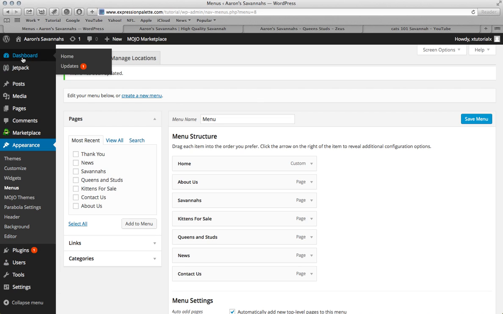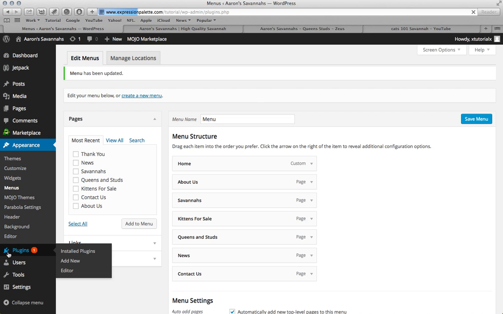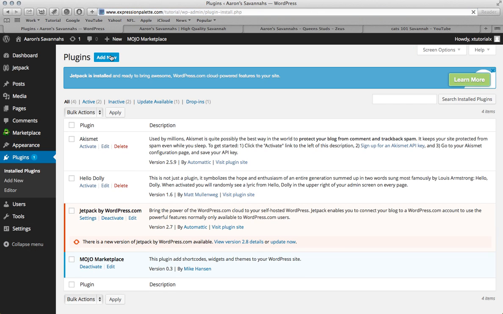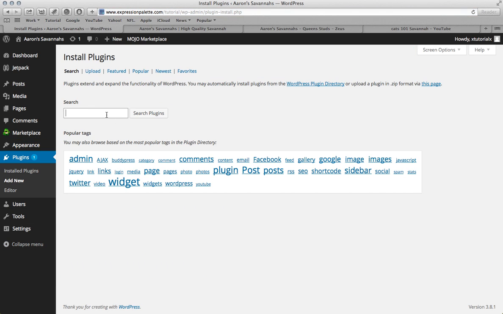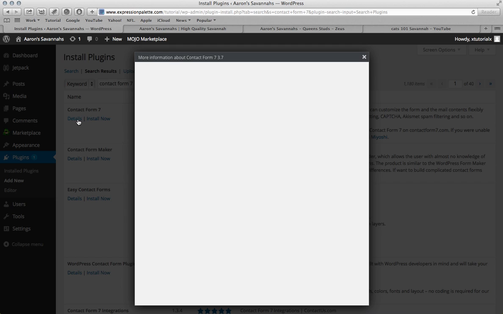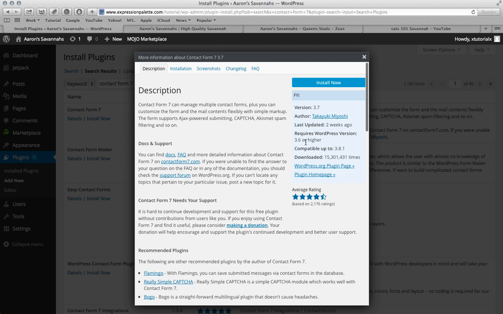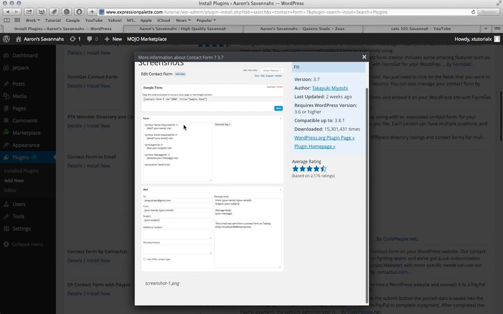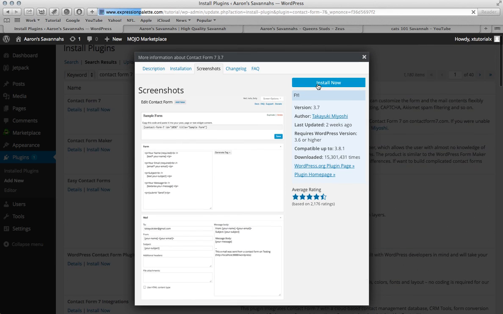So what you want to do is go to the left hand side and go down to plugins, add new, and the plugin that we're going to be adding to make our contact form is going to be called Contact Form 7. Search plugin, and this is the one, so we can view its details. Tells you all the information you need to know, and also gives you a screenshot of what it looks like. So we want to hit install now,